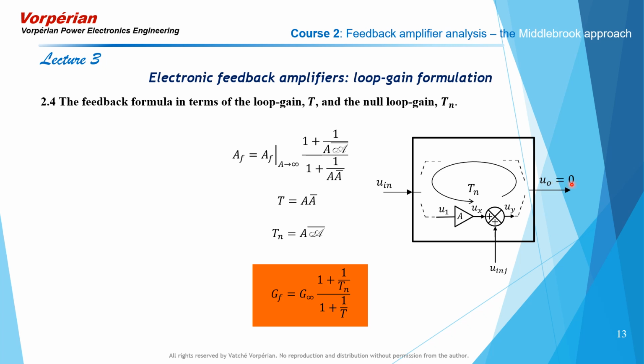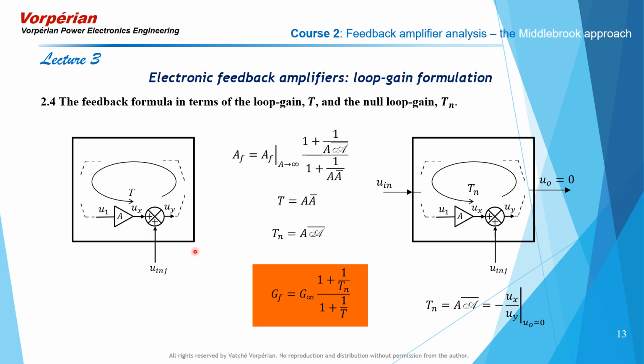We can do so by the simultaneous injection of the input signal and the injected signal here. Together they can null the response U0. Once you do that, you determine the ratio of Ux to Uy with a minus sign in front of it,